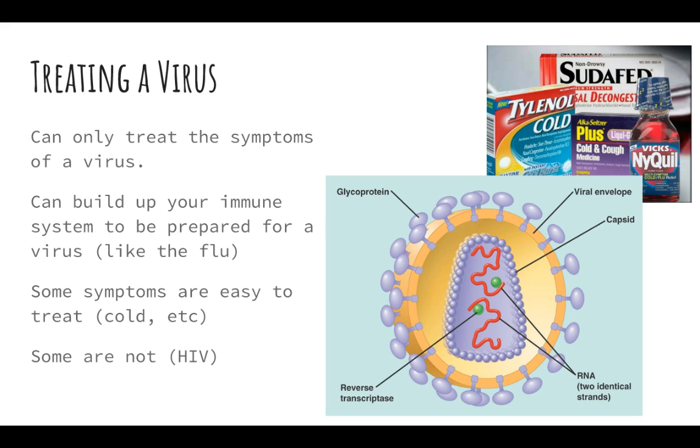So some symptoms are easy to treat, like the symptoms for a cold, but the HIV virus is not very easy to treat. And if you haven't learned in health class, basically what happens with HIV is the virus enters your system and it attacks your immune system. So not only is it an issue because it's in your body, but it's an issue because your body can't fight it off because it's literally attacking the thing that would attack it. And then most people don't actually die from having HIV or AIDS. They end up dying because their immune system has gone down, and they die from something simple like the common cold because their immune system can't fight it off anymore.